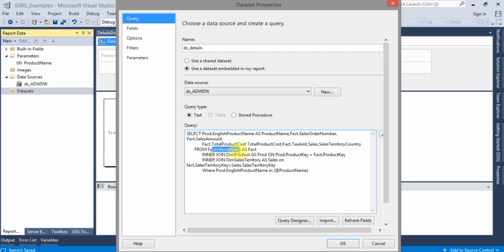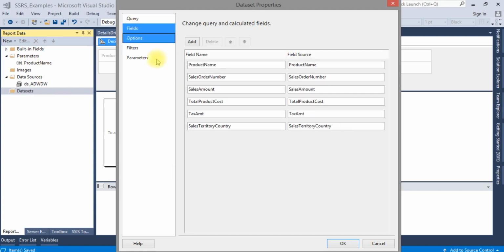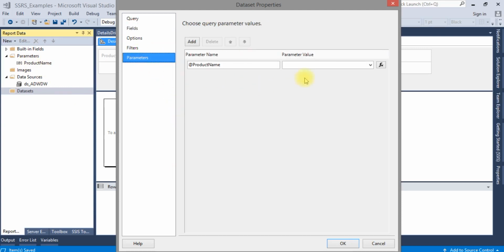It is a select script and we are fetching based on the product name. This product name will come as a parameter. Whichever parameter you give here, the same parameter you need to mention here. You can see here the parameter product name.